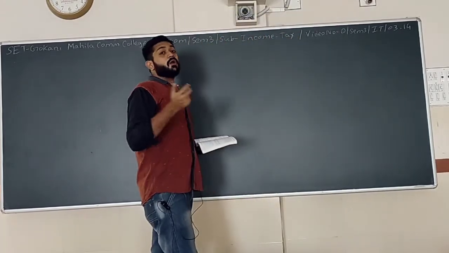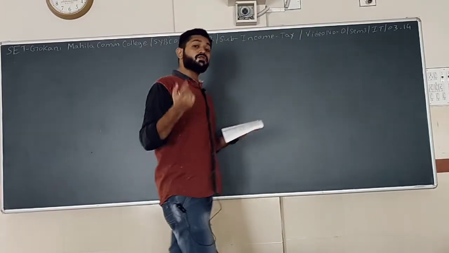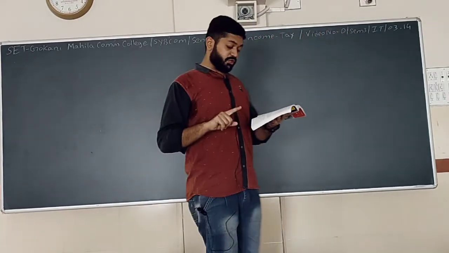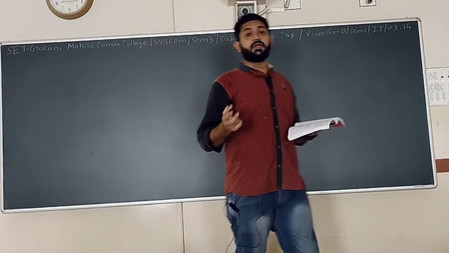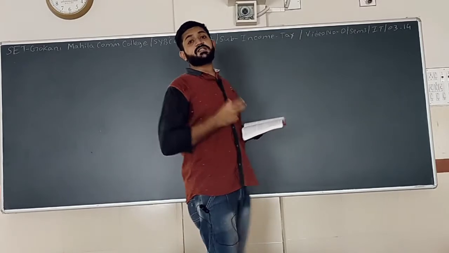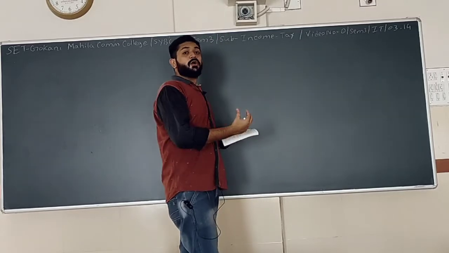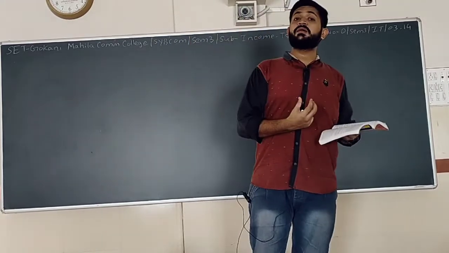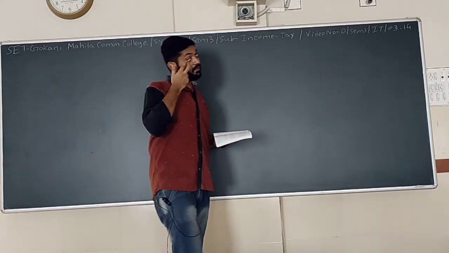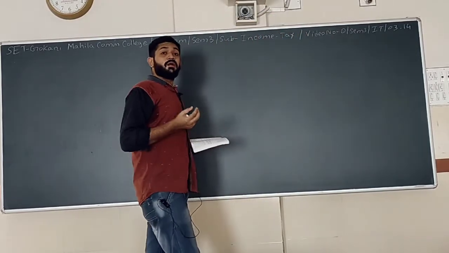6 combinations: house 1 and house 2 as self occupied, then house 1 and house 3, then house 1 and house 4, then 2 and 3, 2 and 4, and 3 and 4. So these are the 6 combinations. From each and every combination, at last we will get the final conclusion from which house, or from which self occupied or deemed let out, we are getting the least tax, the least income from that.